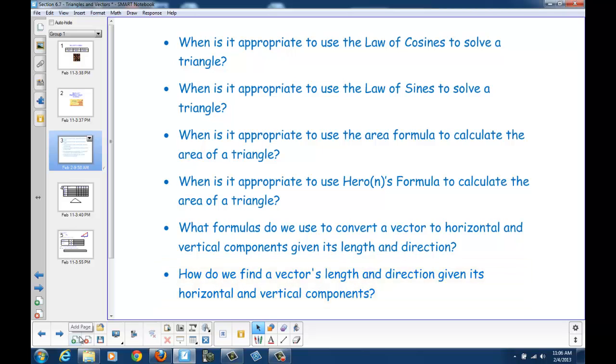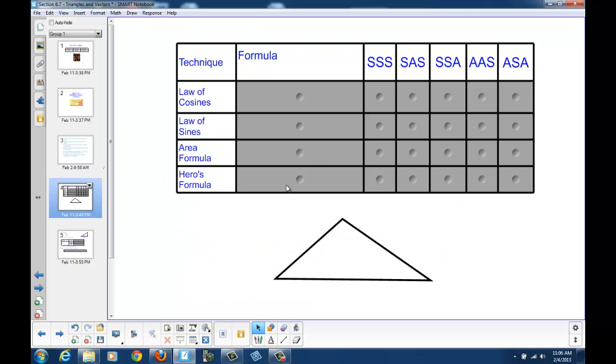Well, this section is a set of word problems that will place us in various situations where we will have to be solving triangles. So let's look at the different situations and which formulas would be appropriate for each of those situations. First of all, we should know the formulas. Before I uncover each of these formulas, you should quiz yourself and ask yourself if you know each of these